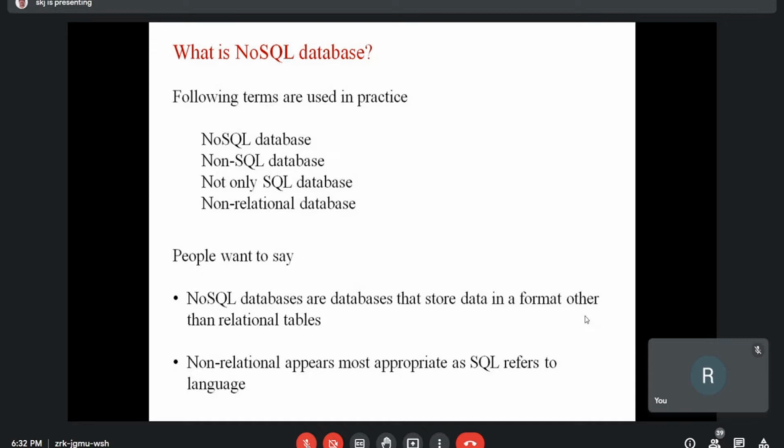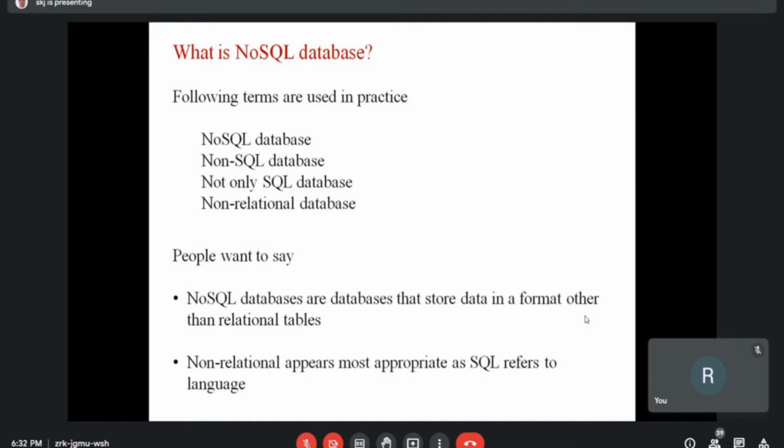Non-relational is more appropriate compared to other terms like NoSQL or non-SQL, but all refer to the same meaning: that we are talking about non-relational databases. So NoSQL databases are databases that store data in a format other than relational tables. In a relational schema, first of all, we have to define the schema, we have to define